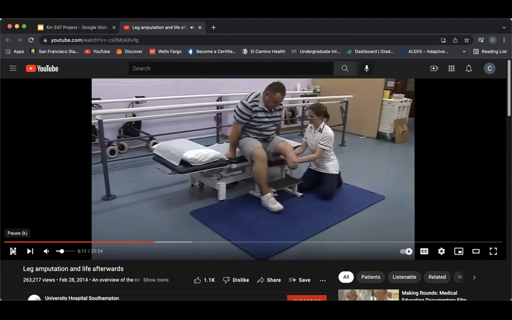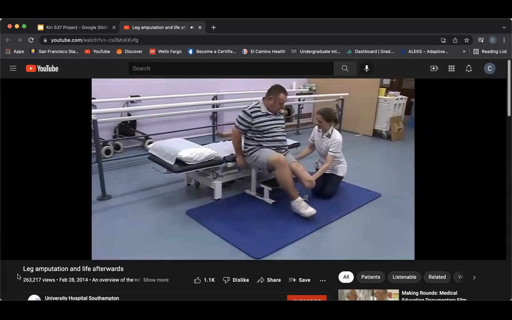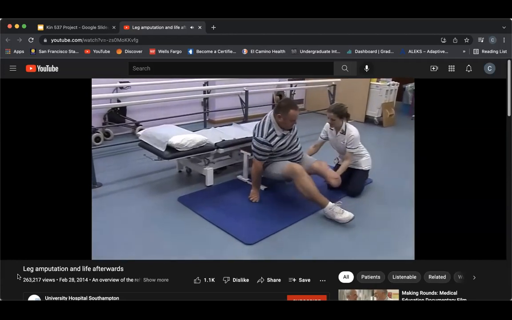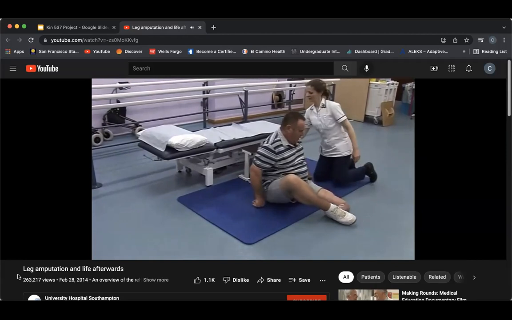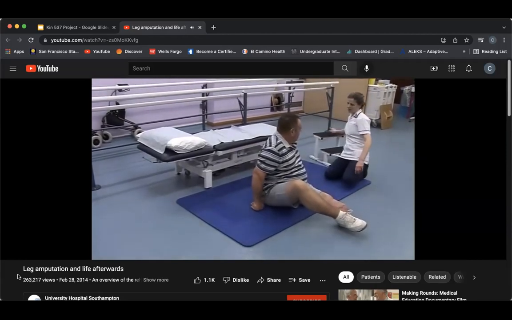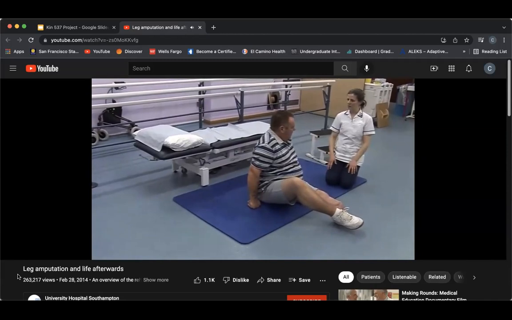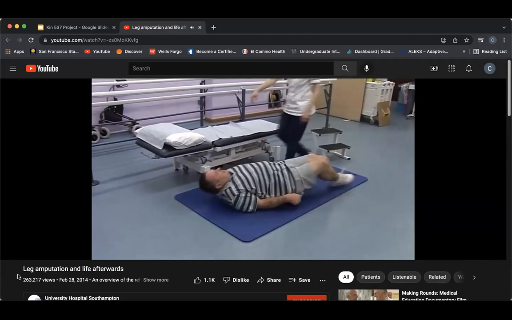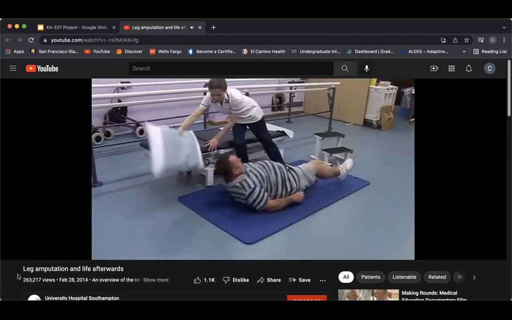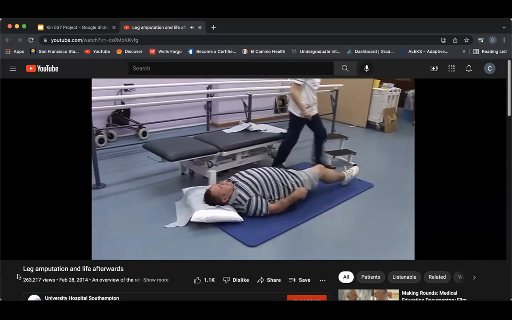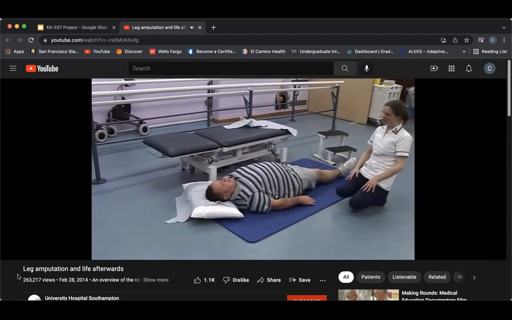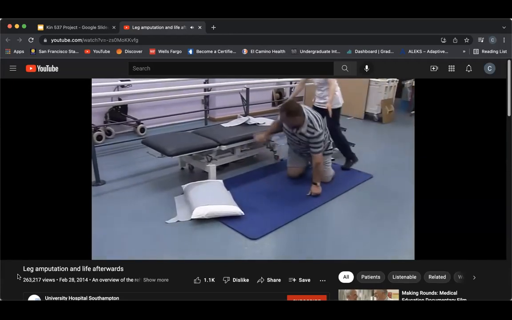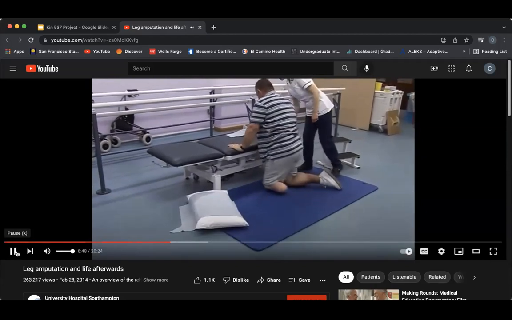You will be taught how to get on and off the floor in case you fall. As an amputee, you are at a higher risk of falling because your body's center has moved with the loss of your leg, and you may have phantom sensations telling you that the leg is still there. Once you have checked that you're okay after a fall, give yourself time to recover. Grab a pillow or blanket and make yourself comfy. When you are ready, you can plan how to get up. As a below